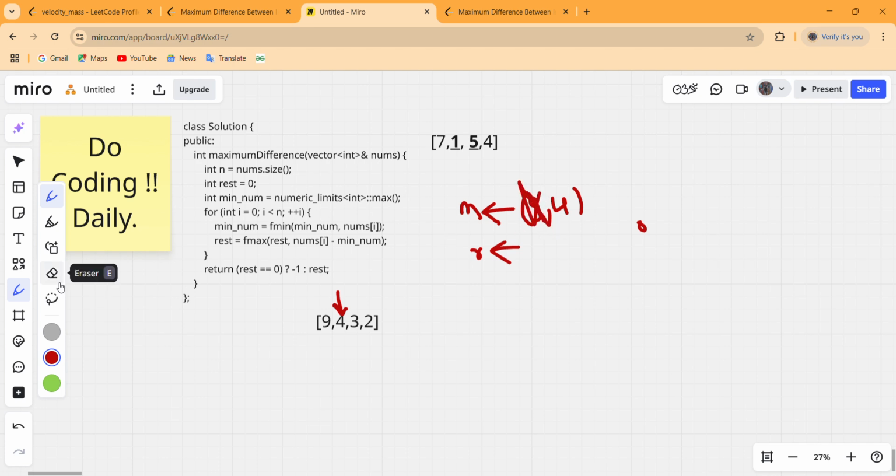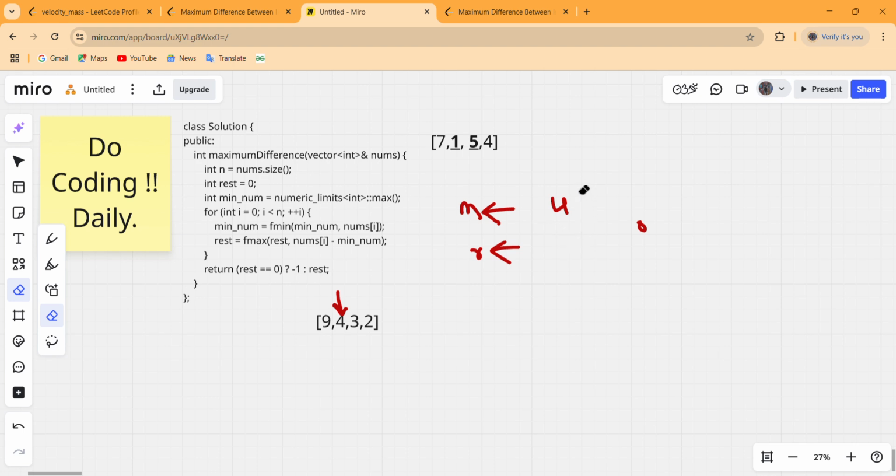So our minimum number till this index is now 4, and we have to update our result as well. Result is 0, minus 4 minus 4, that means 0 this time.